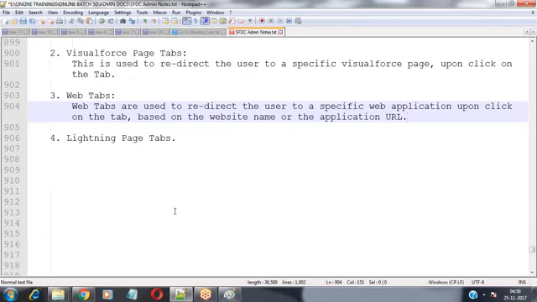Based on that application URL or website name, we can redirect the user to that specific application upon click on the tab. So at that time, we have to go with web tabs.